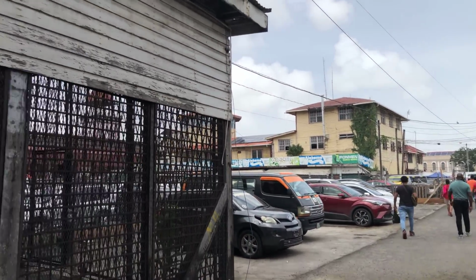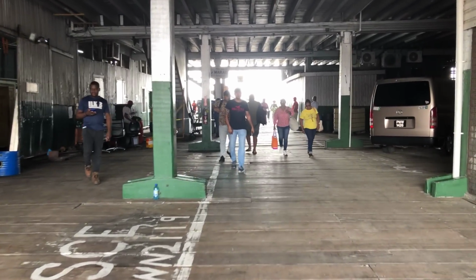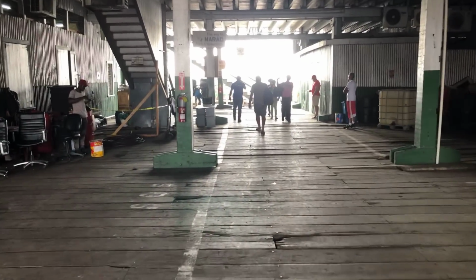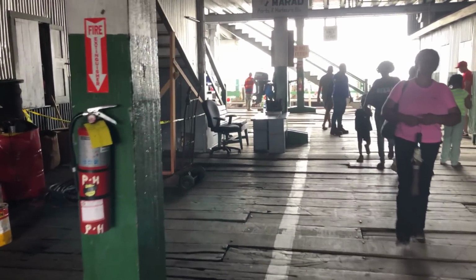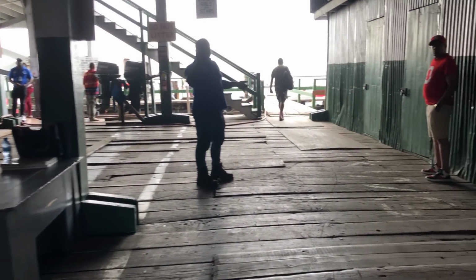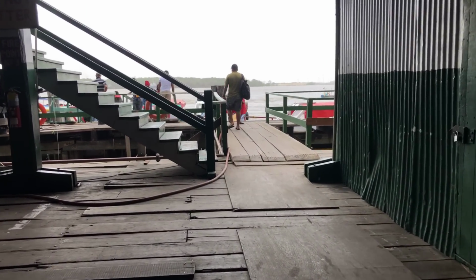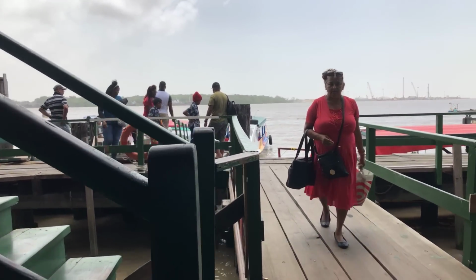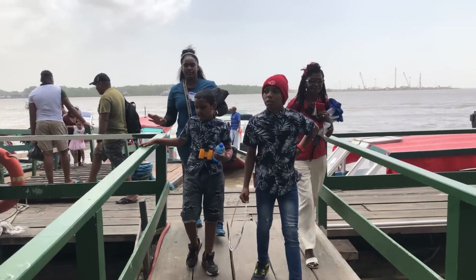Okay guys, so they've moved the entrance to the speedboat ramps over to the other side of the stelling. That is the area away from the collapsed market, the Stabroek Market. So this is where you'd have to pick up the speedboats from today because